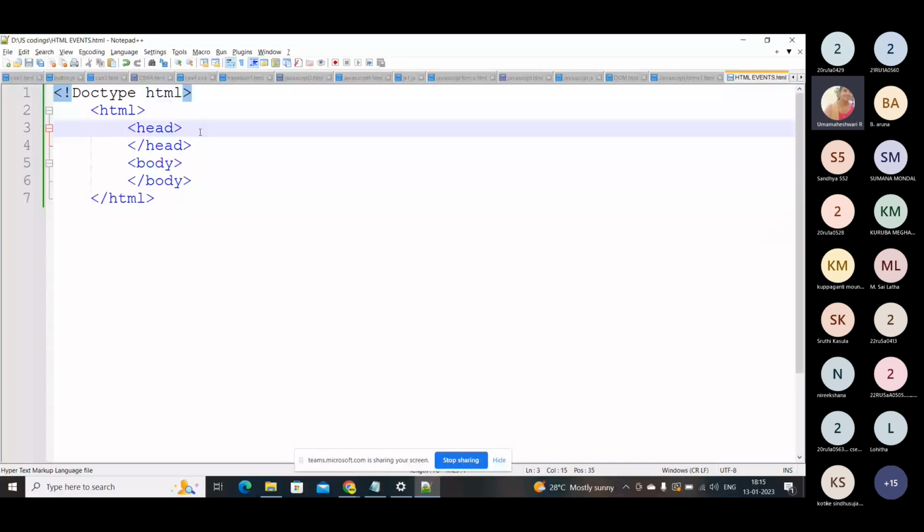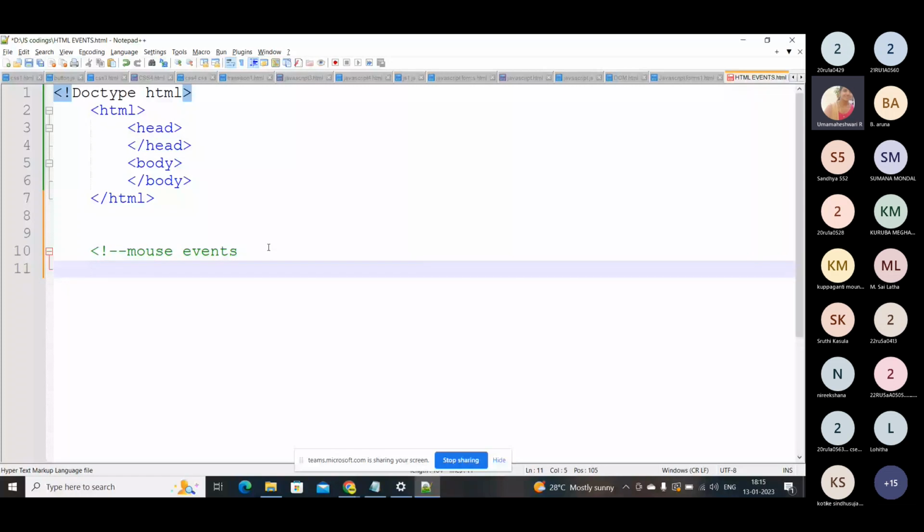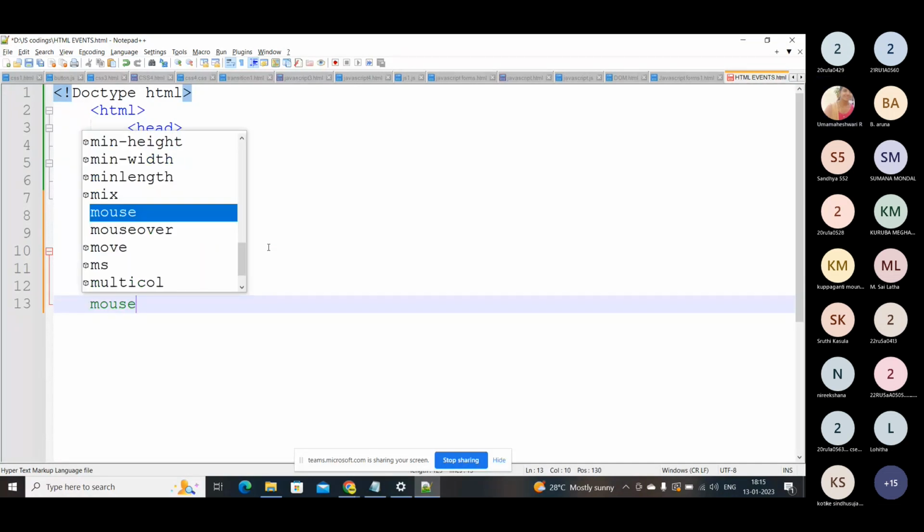So there are so many different events we have, and I'll tell you what the events are. Events, for example, we have something called mouse events. In mouse events, examples are click and mouse over, and we have something called mouse out and mouse